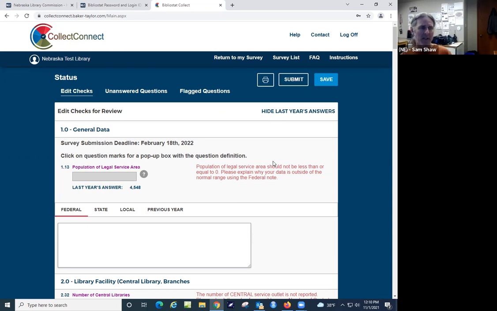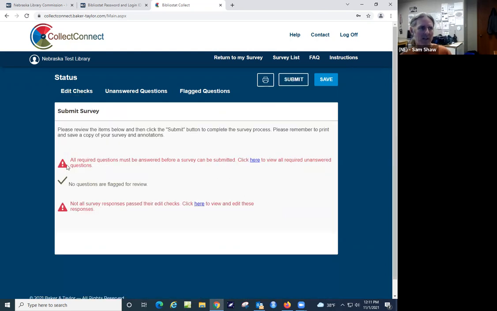Assuming all those things are taken care of, it's a two-part process. You first click on submit, and this says, well, you've got some problems here. If these were all green, there would be a button at the bottom that says submit, and you would then submit again. You would click on submit twice. Then you would get a little pop-up box that says your survey has been successfully submitted. Once that occurs, the program will automatically send me an email, and I always go back and